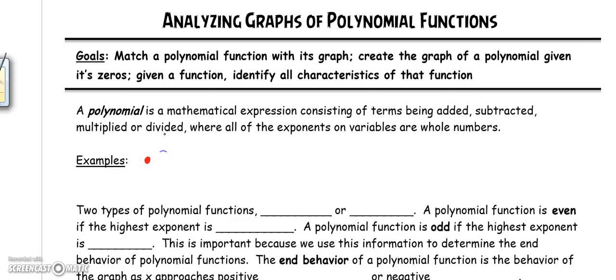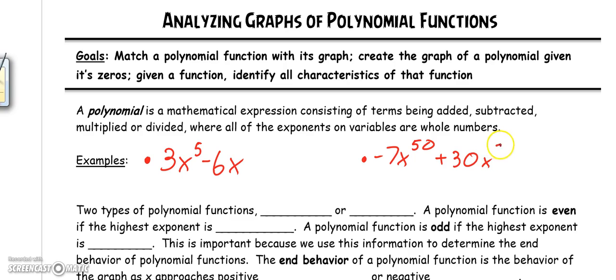So for example, we could have 3x to the 5th minus 6x. That's a polynomial because there are only exponents that are not zero and not fractions. Then we could also have negative 7x to the 50th plus 30x to the 27th minus 50. Oops, sorry, I meant to write 27. Wrote that a little backwards. And that would be a polynomial because the exponents are all positive and